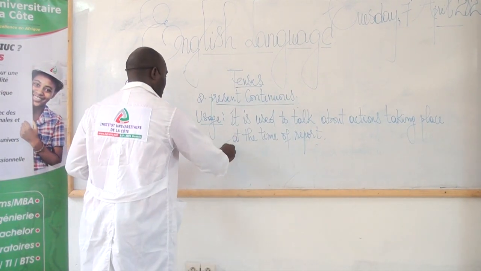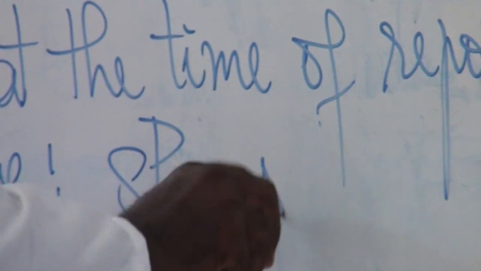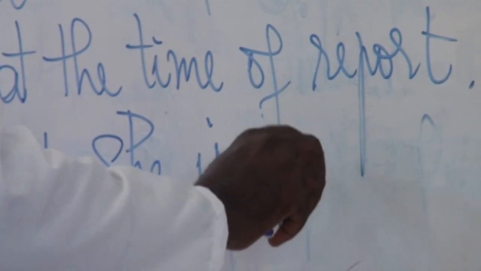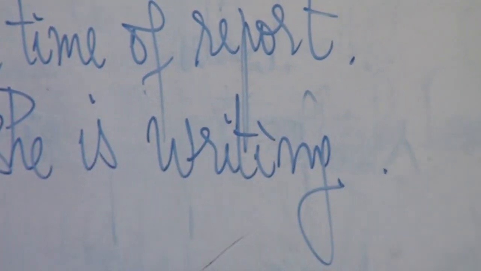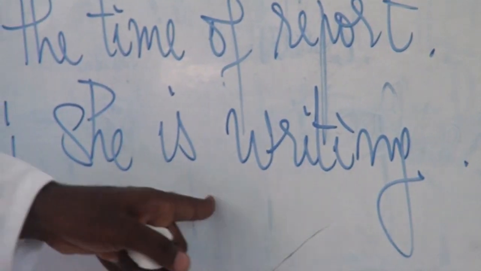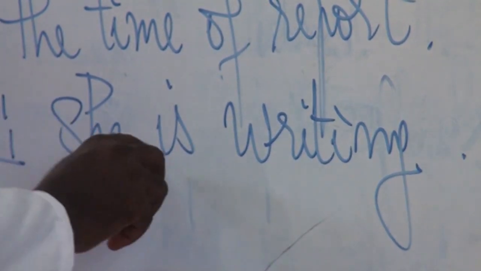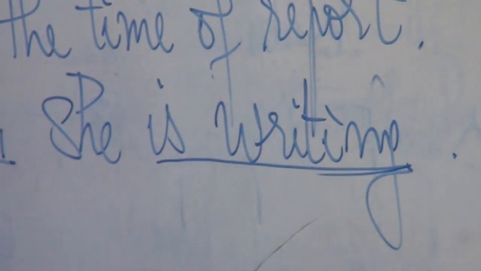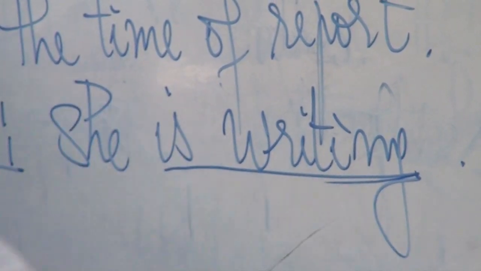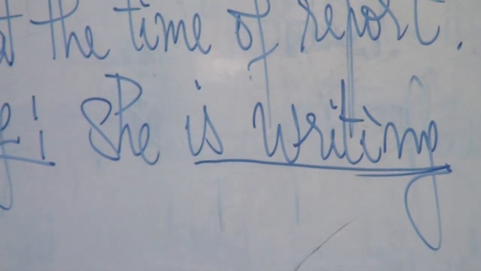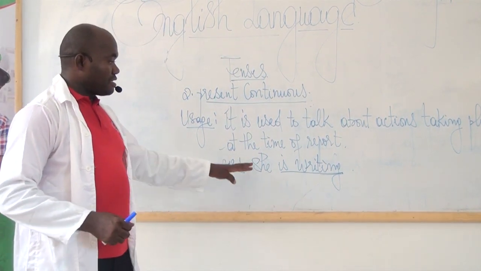Okay. She is writing. She is writing. You see, the verb here is conjugating to the present continuous. When we say present continuous, here it is. She is writing. Present continuous. Okay. Now, when we talk about the present continuous,